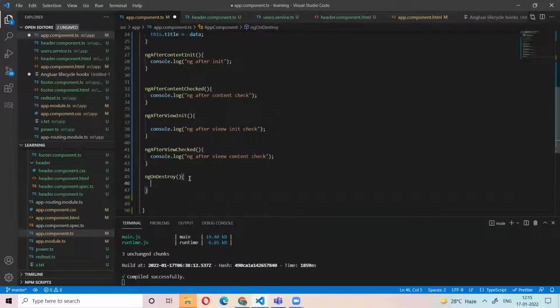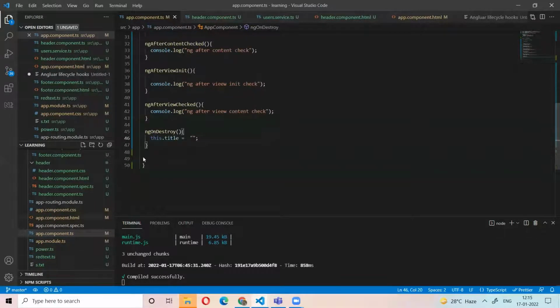I need to empty that variable. That's why then the memory will clear. Otherwise, the data is loaded in the memory, and the application will become slow. So before destroying the component, I need to reset all the variables.